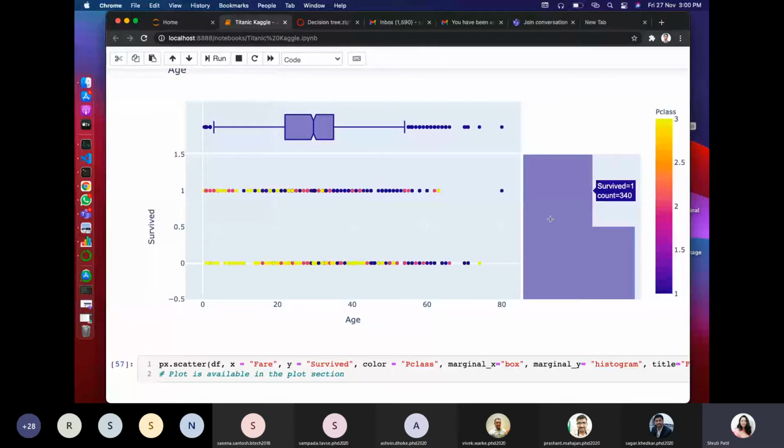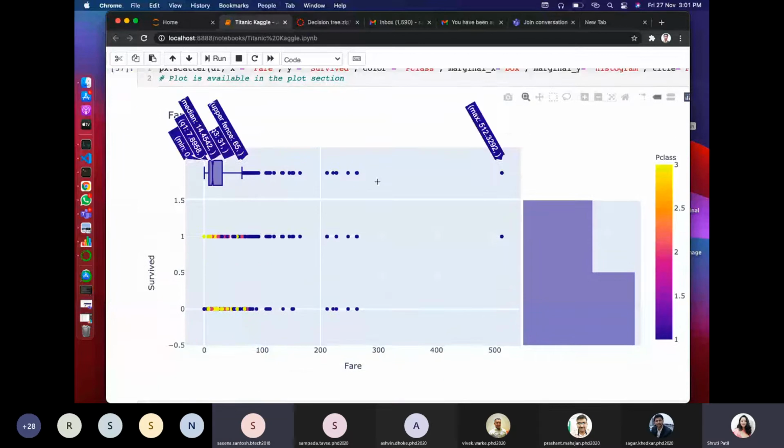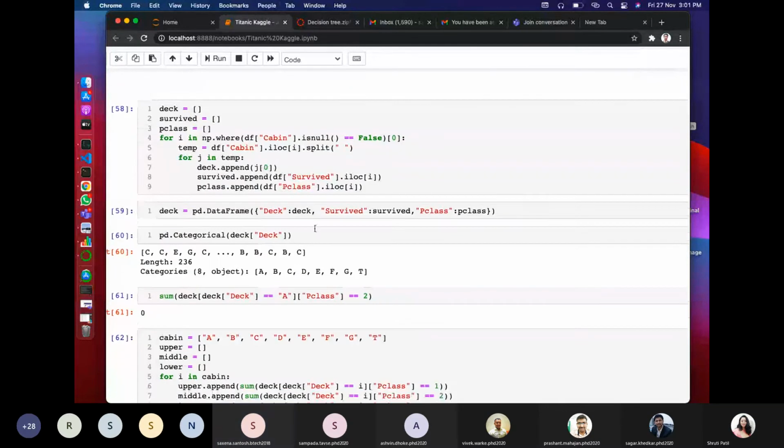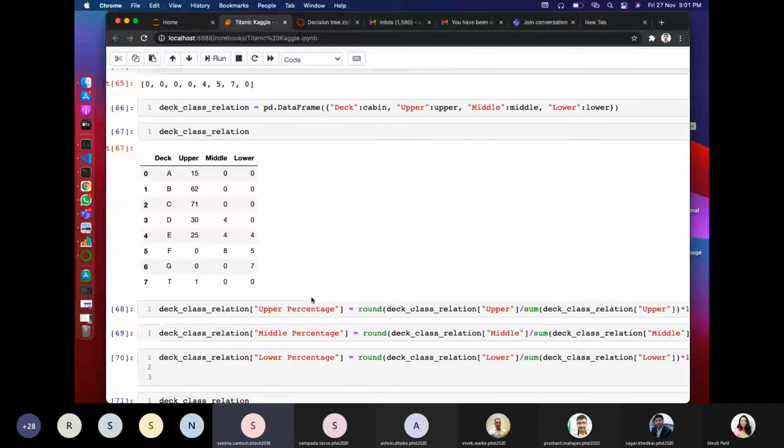In this case, if we are trying to find out the survival rate, my data set should have details of the people who have survived, as well as details of the people who have not survived, in almost equal numbers. We have to do this because otherwise the model will not be able to learn the features properly. Yes, ma'am. Right. So now move ahead. This is the same thing which is done with respect to fare. Up till now, we are exploring the data and finding the relations.